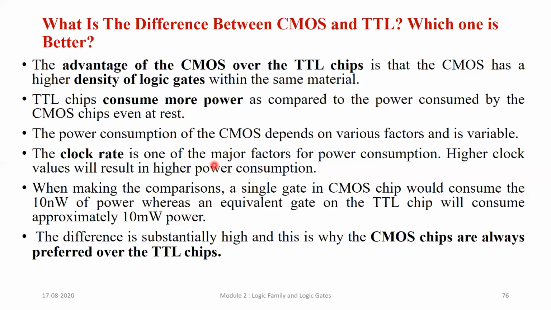Okay, so VLSI technology, what was the main aim is in a smaller chip area more components should be there. Okay, so that's why TTL IC has smaller number of gates. CMOS, same thing. If I go for a NAND gate, NOR gate, I will have more number of gates present within the same material. Size both remains the same. Now TTL chip consumes more power as compared to the CMOS. This is also one of the biggest advantages of CMOS because for density, power consumption of CMOS is less compared to your TTL. Okay.